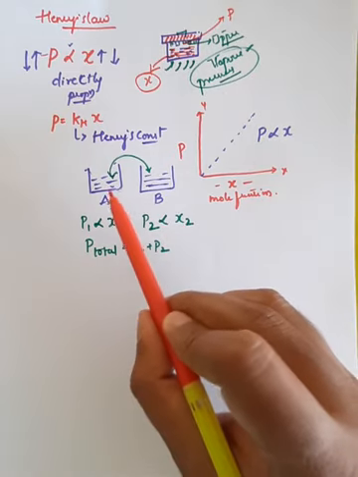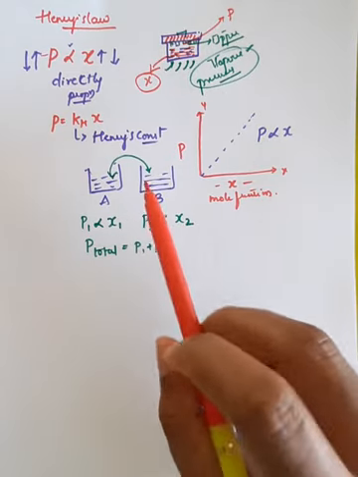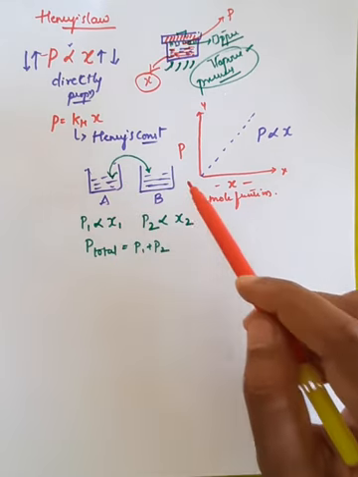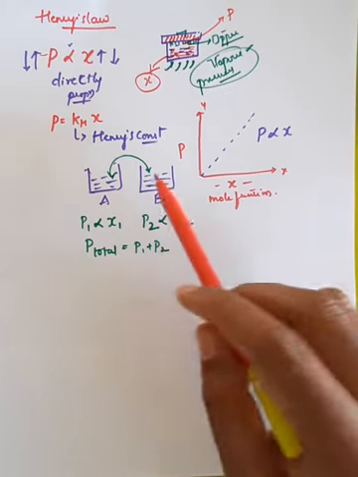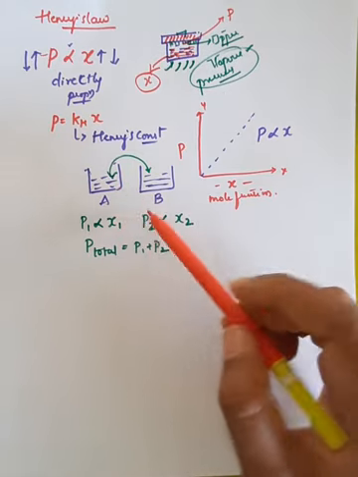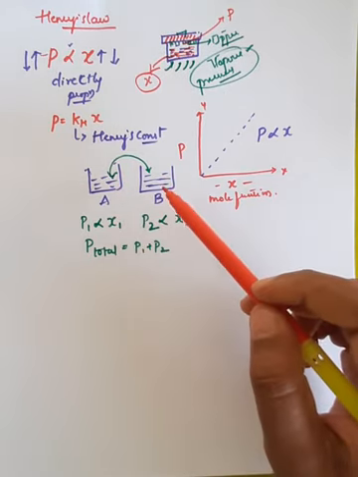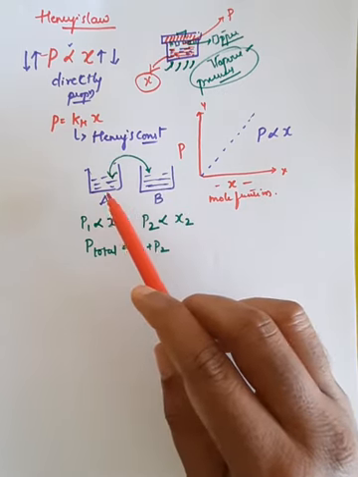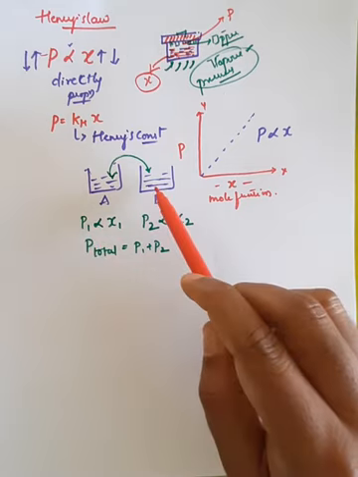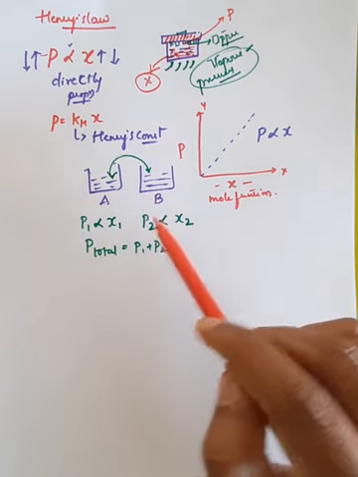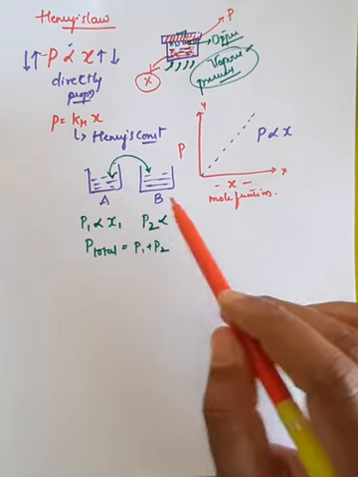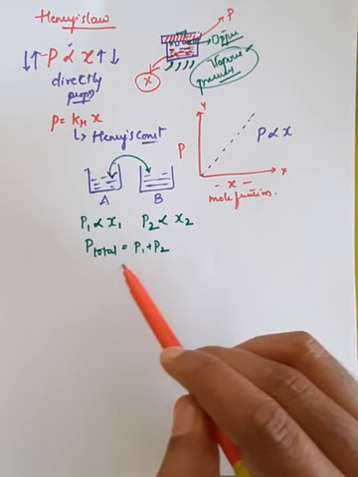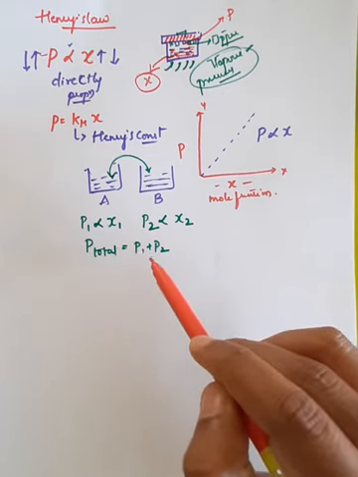Whenever you take a two component system, in container A there is one solution and in container B there is a second solution. In container A, the mole fraction of the solution can be given as x1, and in container B the mole fraction of the second solution can be taken as x2. The pressure applied by the first component can be taken as P1 and the pressure applied by the second component as P2. Whenever you add two solutions, you can get the total pressure applied by the two solutions. Then that can be given as P total is equal to P1 plus P2, right?